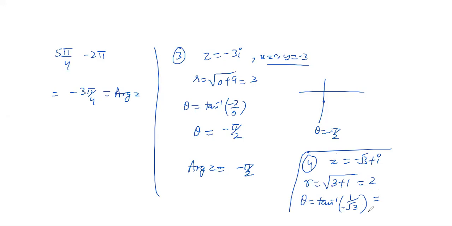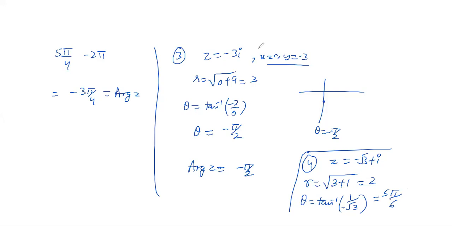So, 1 by √3. Where does tan theta take the value 1 by √3? And in which quadrant are you? The X value is negative but the Y value is positive, so you are in the second quadrant. So in the second quadrant, you will be getting it